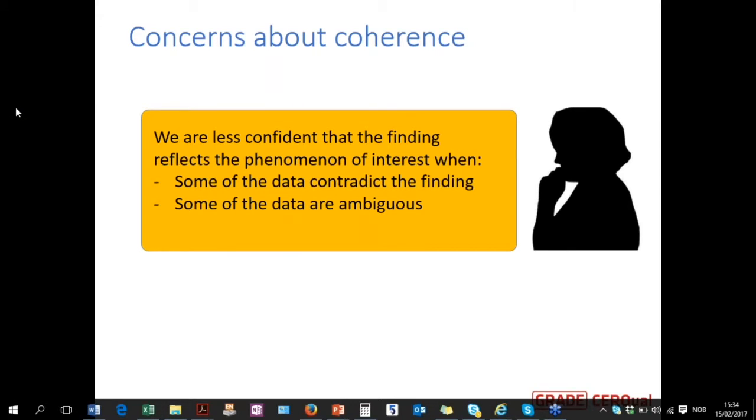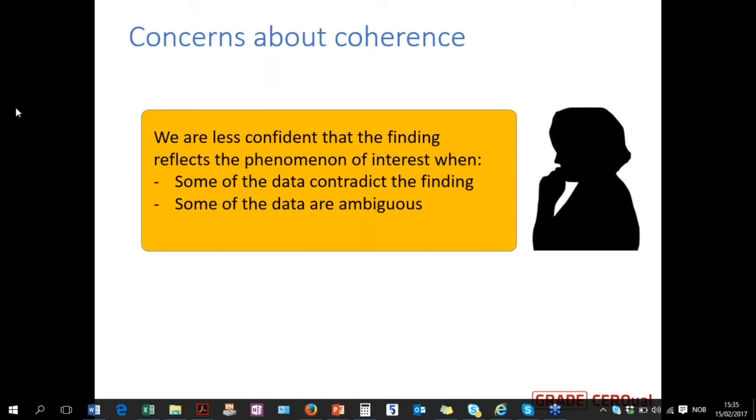I do want to just say one thing there, because I think we can't be clear enough, especially when it comes to coherence. Coherence is not the gold standard. It's not what we're trying to achieve. It's okay to have lower coherence for a review finding. In some cases where you try to achieve high coherence, you can get very banal findings that don't actually say anything and are very superficial. So it's not like we're always trying to achieve coherence, and that's important to remember when you're doing your review findings. It's sometimes okay to have lower coherence in order to come to a more interpretive finding.